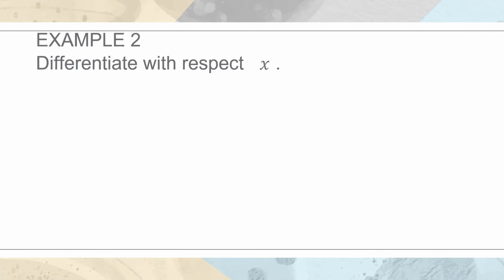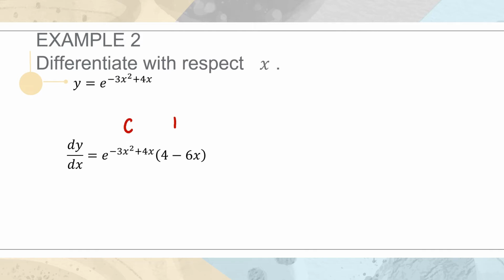Now let's take a look at example 4. For example 4, I'm going to focus on different types of questions requiring us to use different techniques of differentiation. So for the first one, we are going to go from the easiest to the hardest. So this one you can just immediately differentiate using the tips that we have learned previously, where we just copy everything and then we are going to differentiate our power, and that gives us dy/dx is equal to e to the power of negative 3x squared plus 4x multiplied by 4 minus 6x. And you can just rearrange putting 4 minus 6x in front,